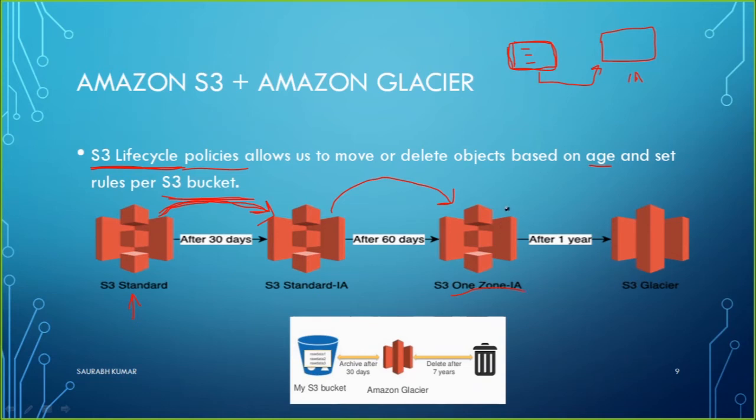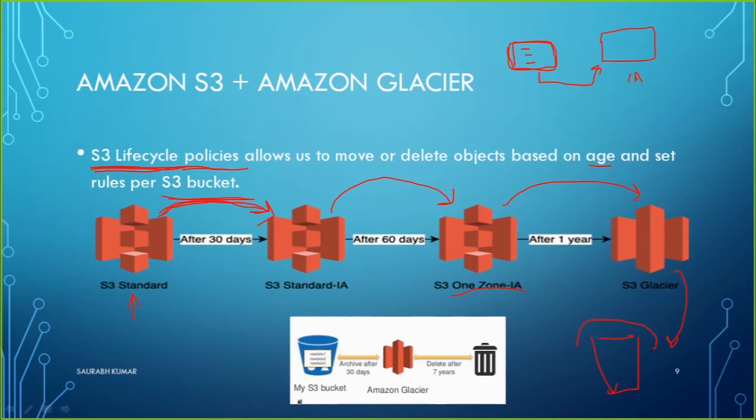Thereafter I can even say that once it becomes one year, put it in Glacier as an archive file. Maybe after two or three years, they will wake up and say, I attended the training of Mr. Saurav, let me watch the video or see the study material, maybe I forgot something. Then they can access it from Glacier. Even thereafter I can say that if it becomes two years, put it into the recycle bin simply. That can also be set as a policy. This is what I am talking about, and this is called an S3 lifecycle policy.